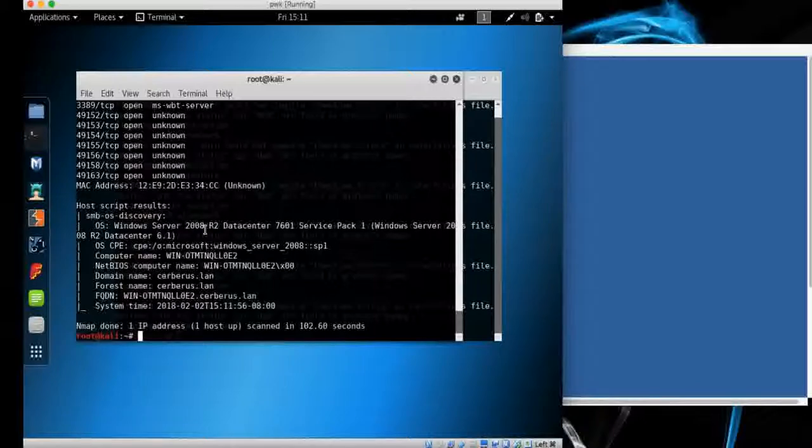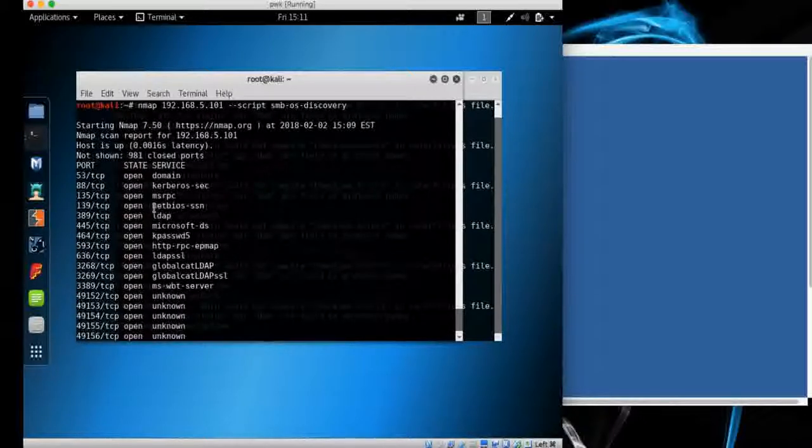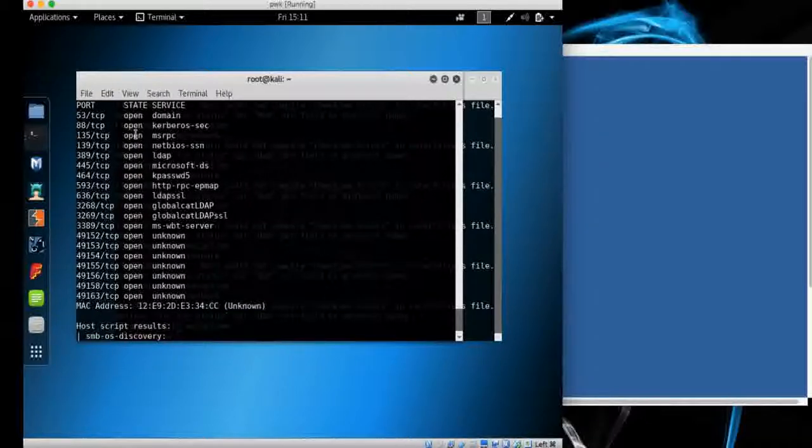And there we go. So by running that script, it automatically starts looking for open ports that are associated with